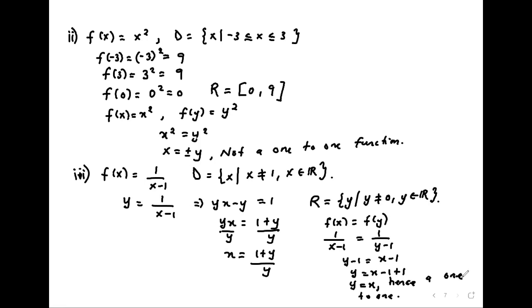The last one is the fifth one. f of x is equal to 1 over x squared plus 1. The domain is all real numbers. So what will be the range? The range here is going to be from 0 all the way up to